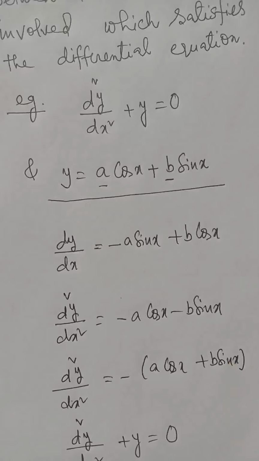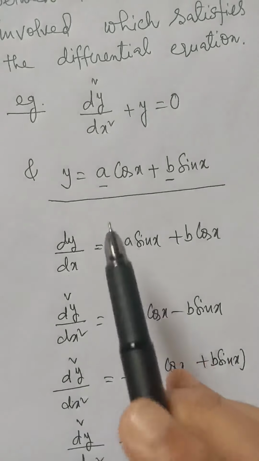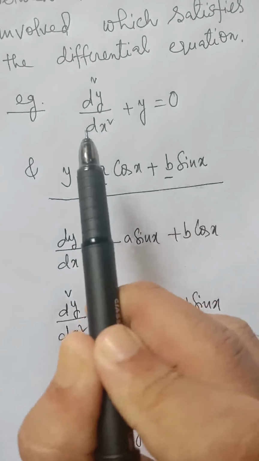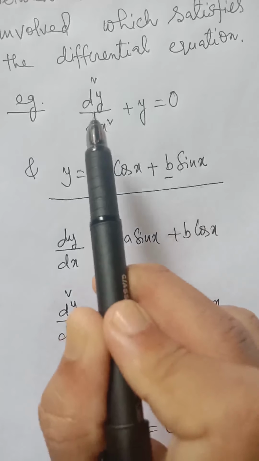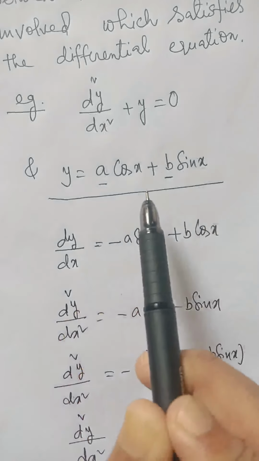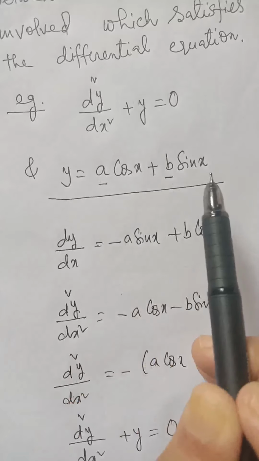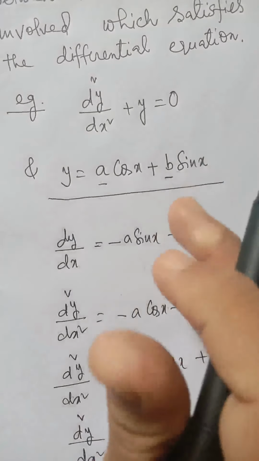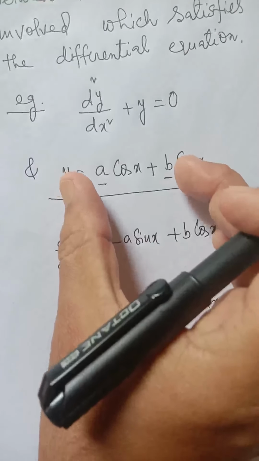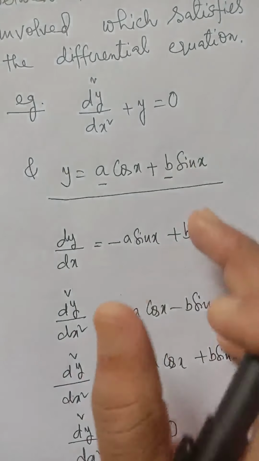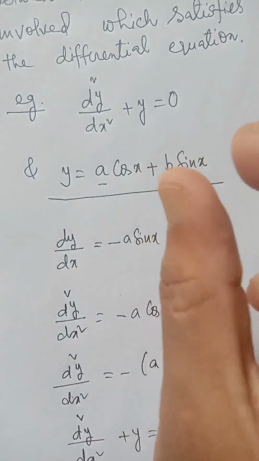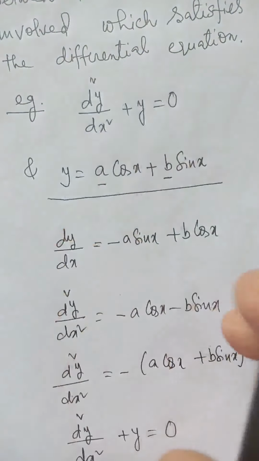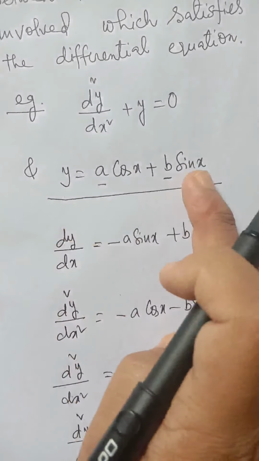So what we got now? A differential equation is a relation between differential coefficient and variable. This definition we got in the last class. A solution is a relation between variables along with arbitrary constants. There will be no dy by dx differential coefficient in the solution. And one thing you must notice: in the equation there will be no arbitrary constants, and in the solution there will be no differential coefficients.